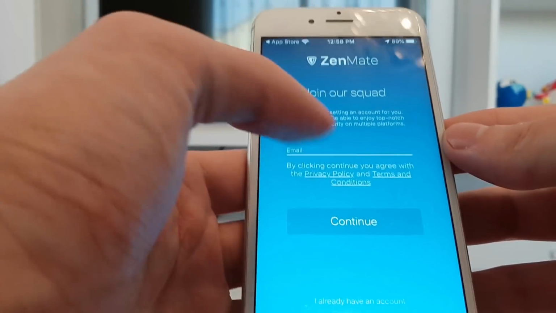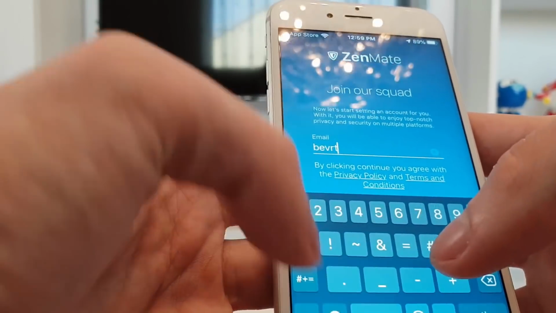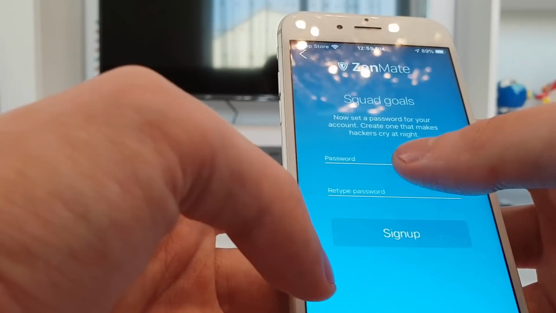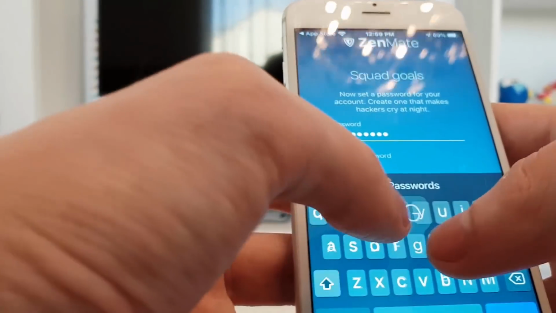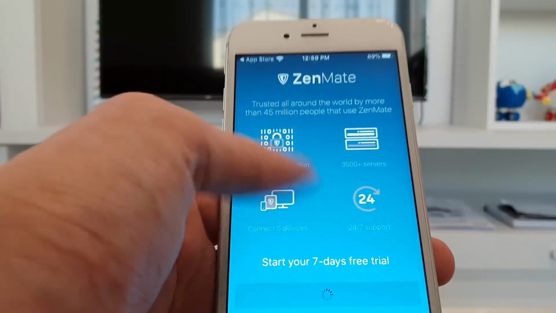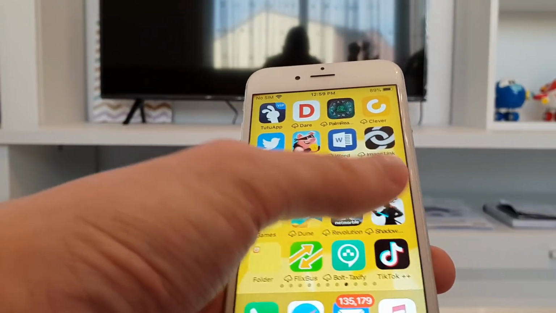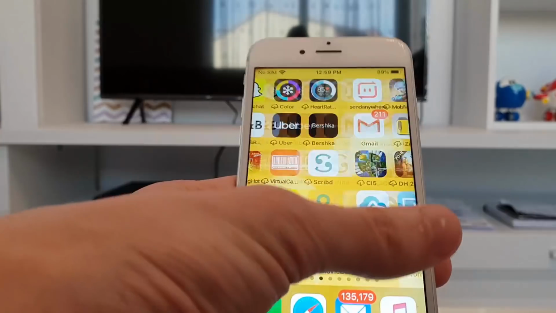ZenMate, and here I would actually recommend you to create an account. Make sure it's a legit email address, and here type in a password. Make sure that it matches, and after these steps are completed guys, all you have to do is return to the original browser. The injection will be complete, and at the end you will have the Pokemon spoofer on your